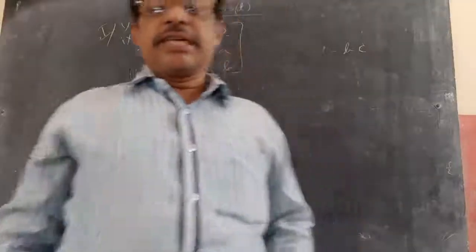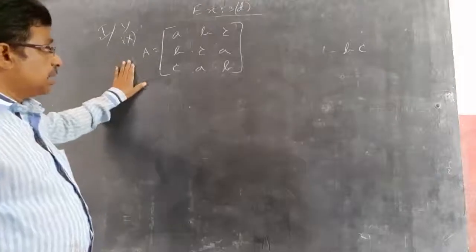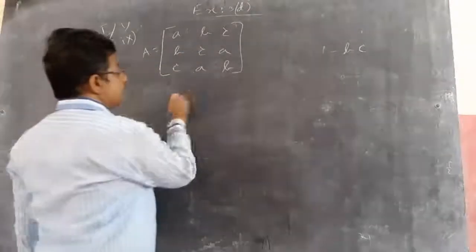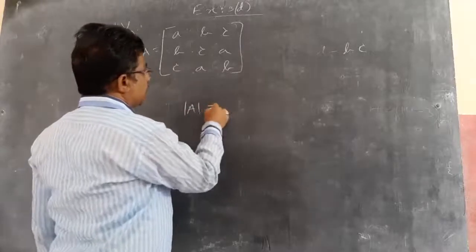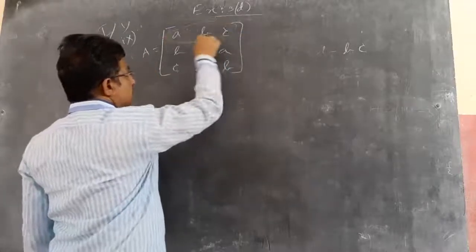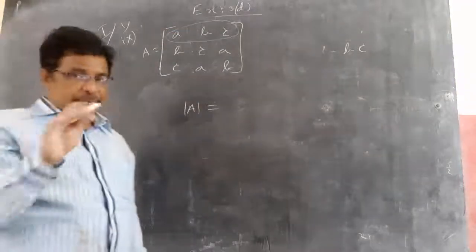Next, one more of the same kind we will discuss. First Roman, ninth one. A is equal to this, find det A. Same sum. So det A equals: take any row or any column. No need to take the first row, it is your choice. I am taking the first row.